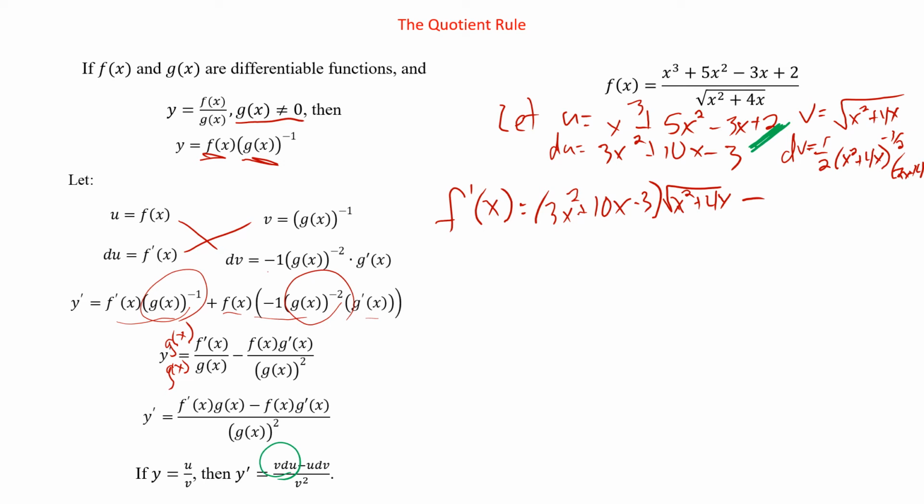Ooh, this one's not going to fit. Make sure you start with plenty of room. X cubed plus 5x squared minus 3x plus 2 times